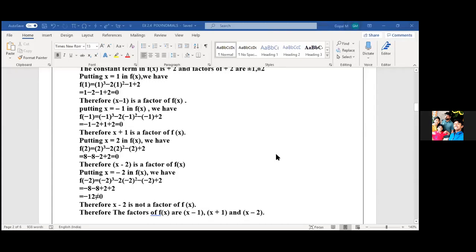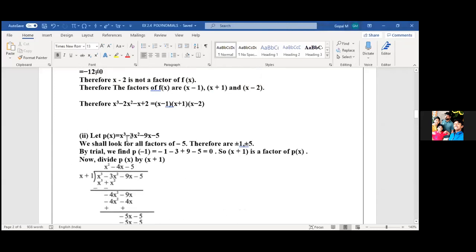Now I'm going to explain the second question in a different way. Okay? Second question. What is the degree of the second question? 3. So here, which is the constant term here? 5. So what are the factors of minus 5? Not 5, it is minus 5. It's okay. Take a 5, constant number. What are the factors of minus 5? Since 5 is a prime number, we'll be getting 2 factors, plus or minus 1 and plus or minus 5.